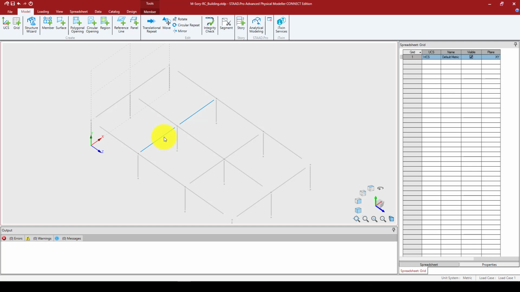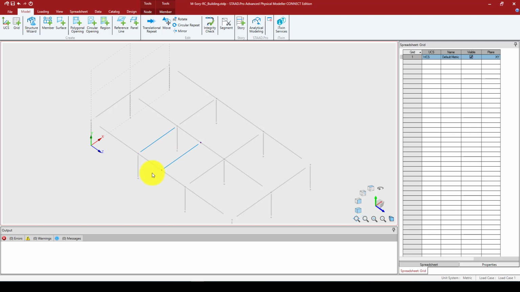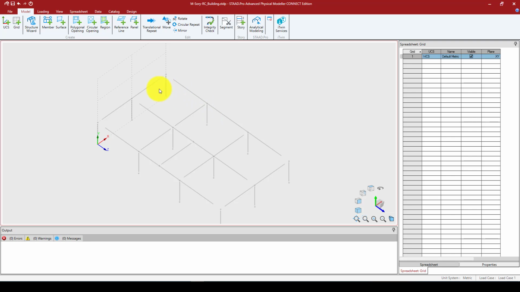So it will break automatically and change to segments. So now I can select this one, and I can go to replicate, copy 1 along Z direction, and it's 3 meters. So I'm going to preview, and you can see here. So now we finished the entire beam columns,